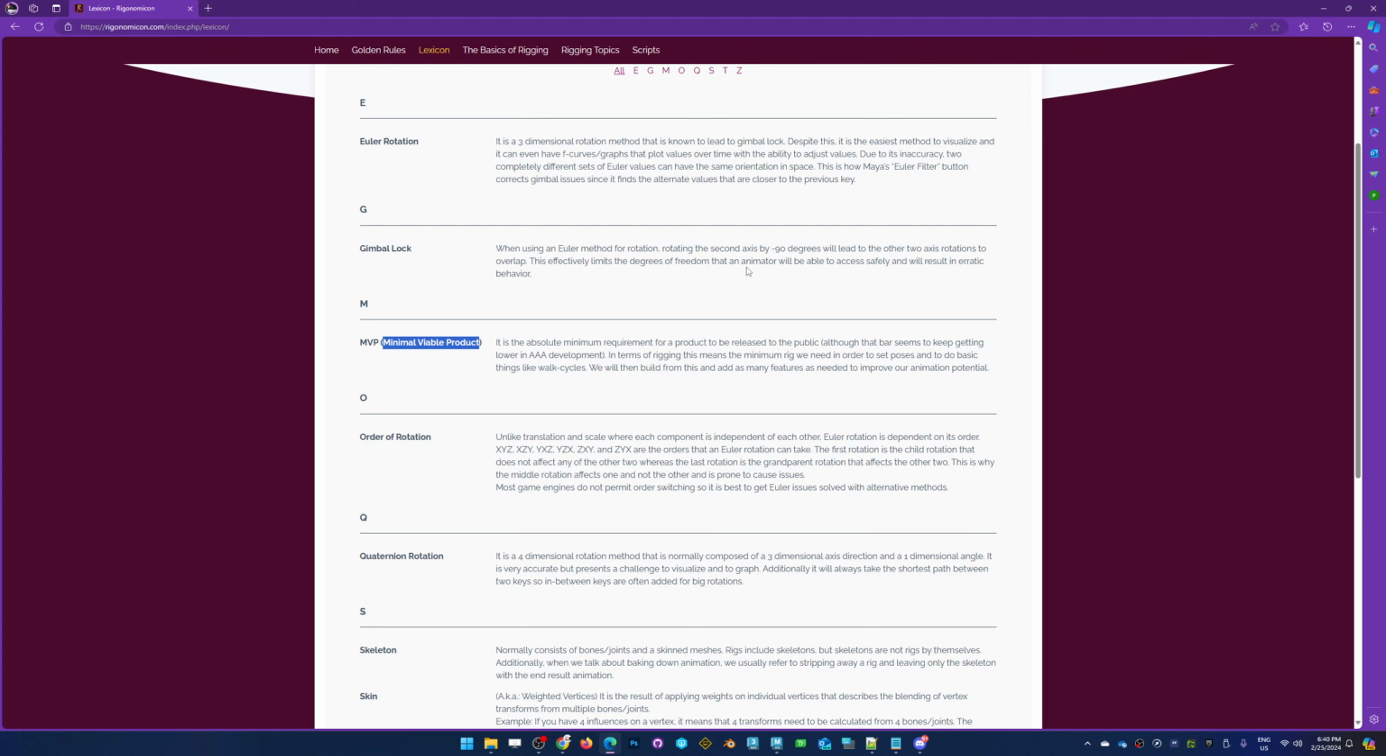In terms of rigging, this means the minimum rig we need in order to set poses and to do basic things like walk cycles. We will then build from this and add as many features as needed to improve our animation potential. All right, so an MVP, the original concept, although it's kind of been marred in recent days